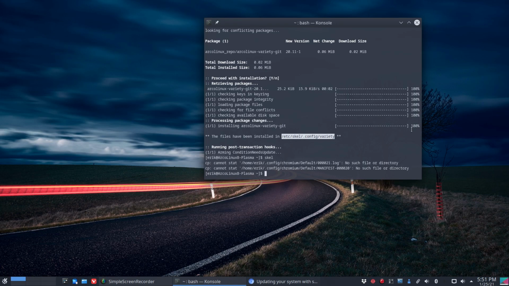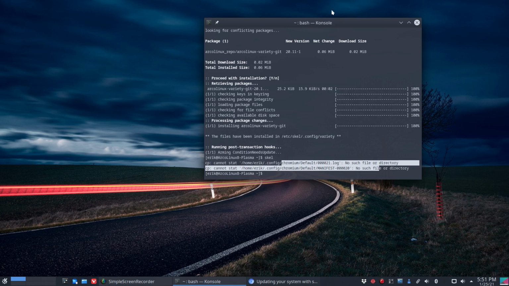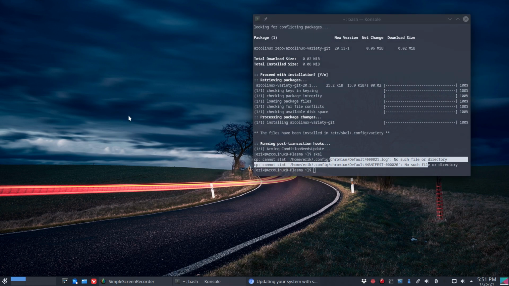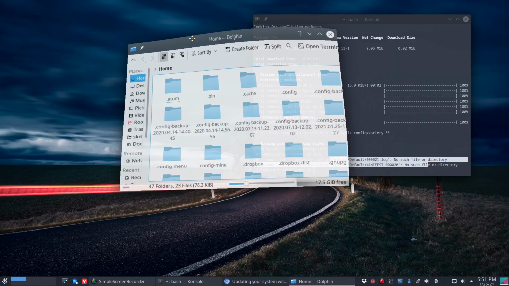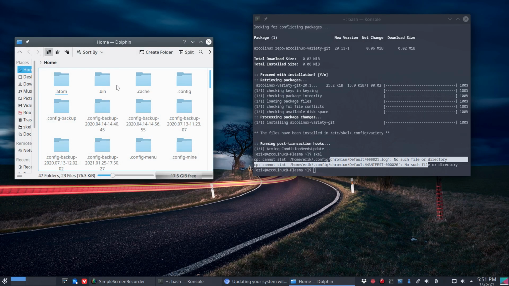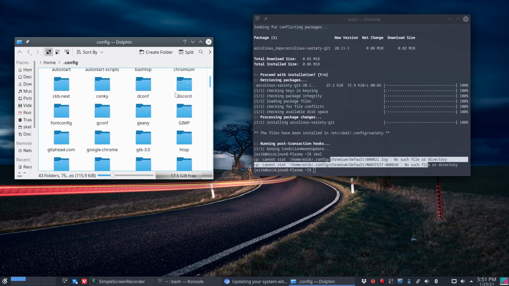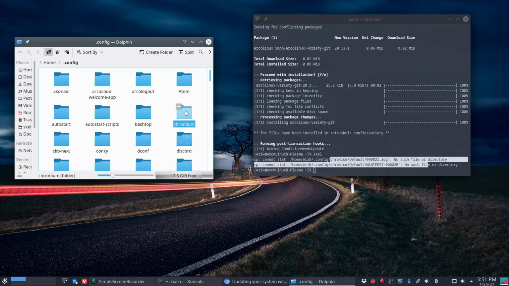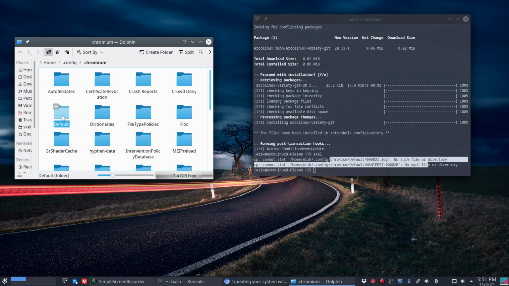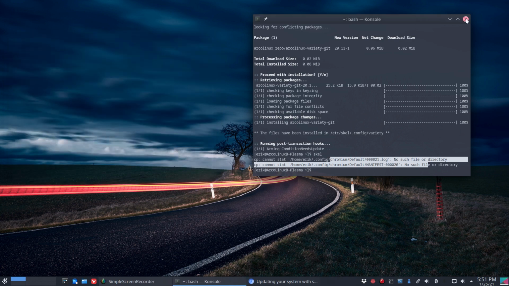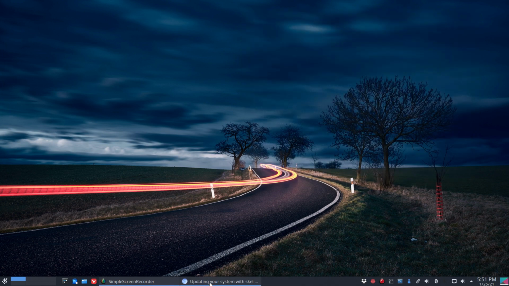So, it seems I still need to update some things. Chromium has some problems here. Now that's not a problem. We just delete the stuff. Chromium config. In here something is wrong for the little guy, the default. Boof. By default, the whole folder is gone. So anyway,